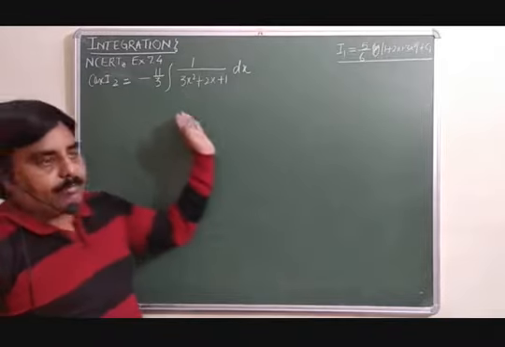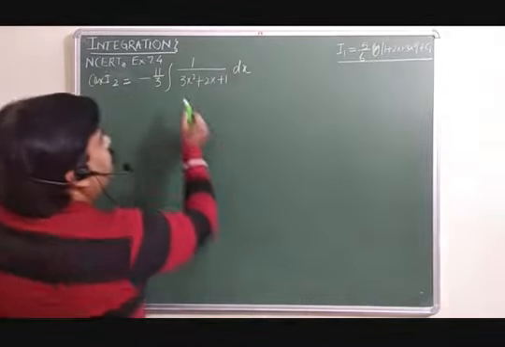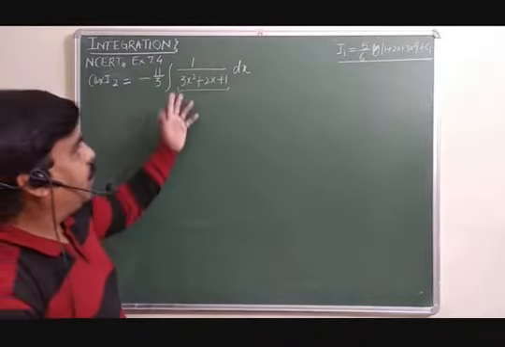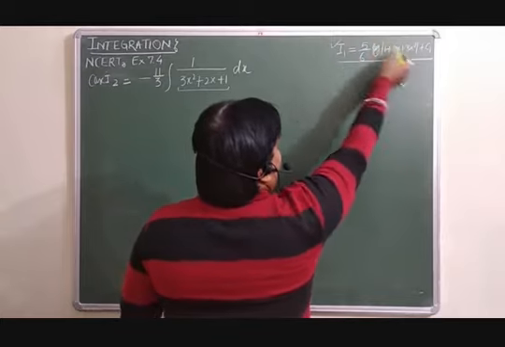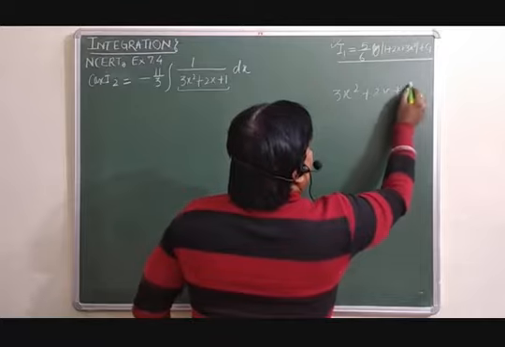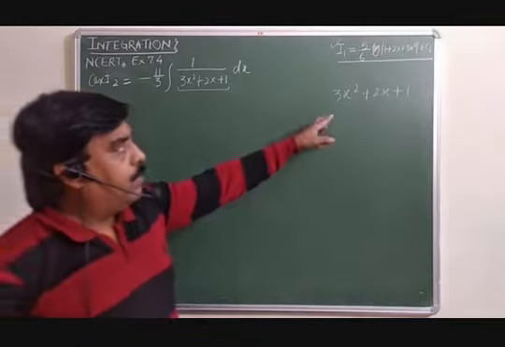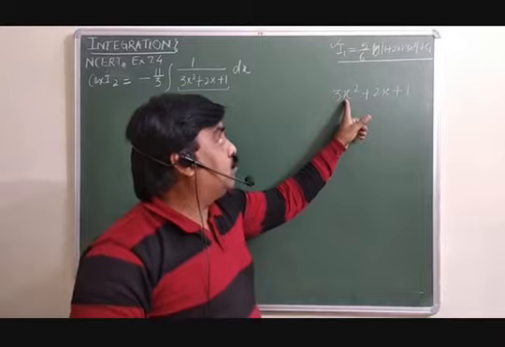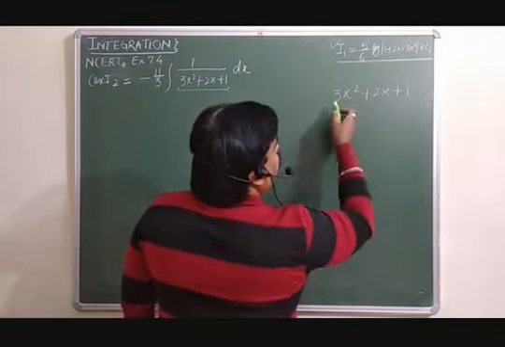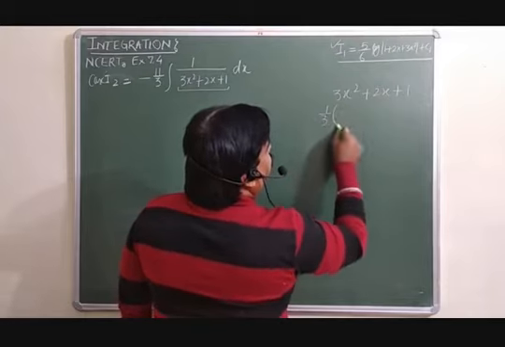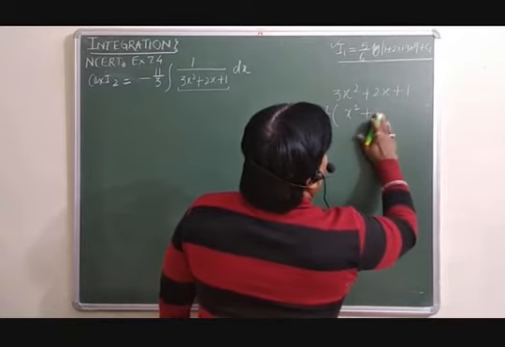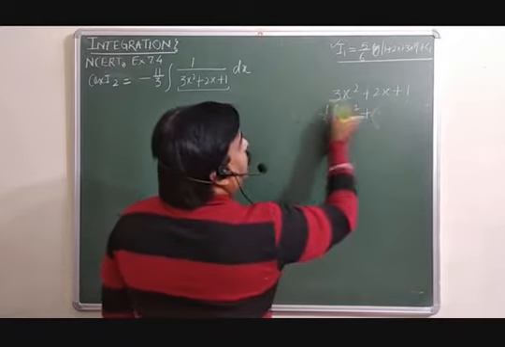Okay, now the second part I am taking. See, look at here. You are supposed to make it a perfect square here. So how can you make it? I1 we have already written here. This is 3x square plus 2x plus 1. You are supposed to apply completing the square, because ultimately the coefficient of x square must be 1. So we are supposed to divide it by 3. You take out the common factor 3.